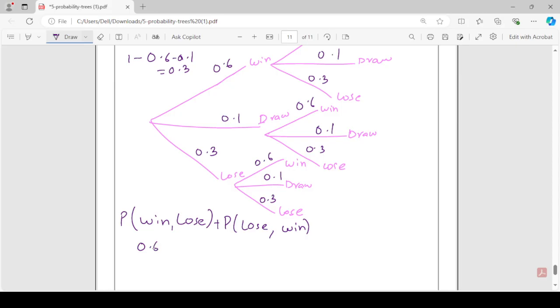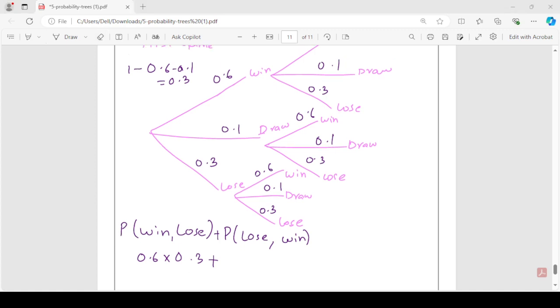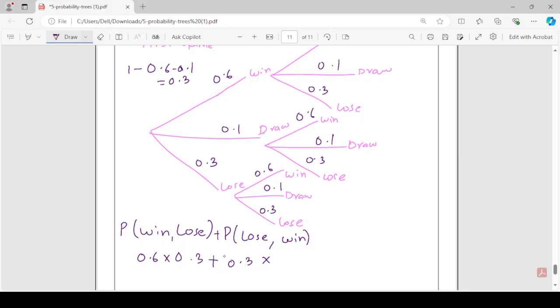Win is 0.6 times lose is 0.3 plus the probability she loses the first game is 0.3 times she wins the second game